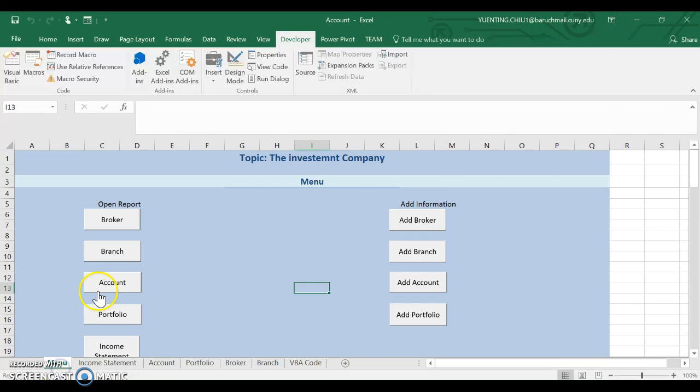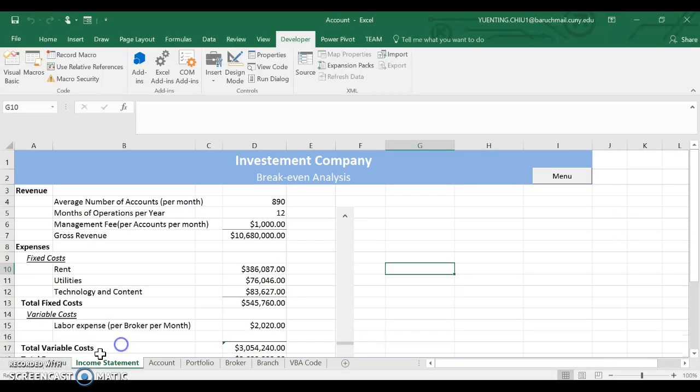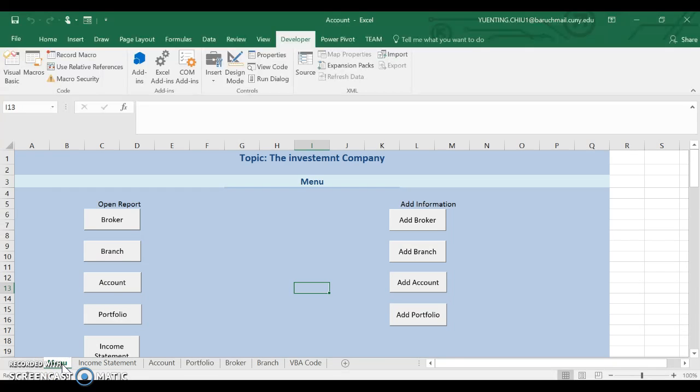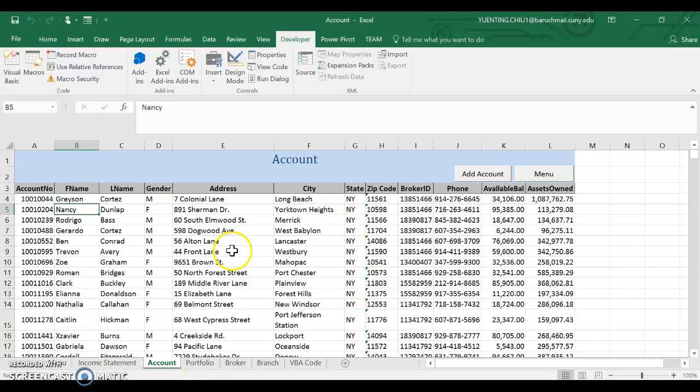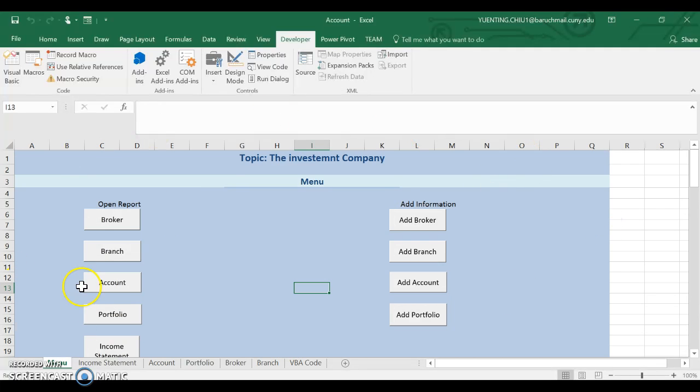branch, account, portfolio, and the income statement. And for each page, I also add the menu button that would direct me back to the menu. The button is